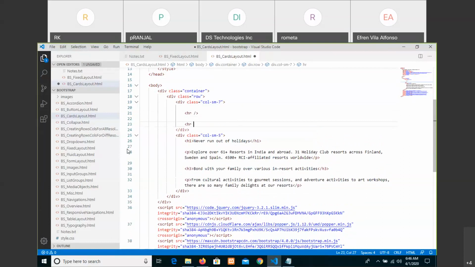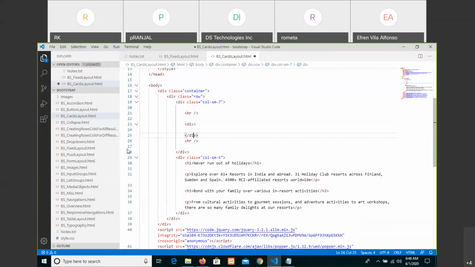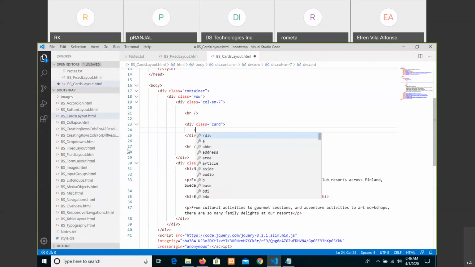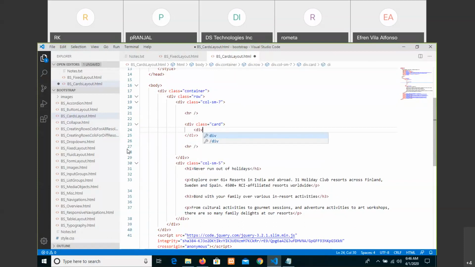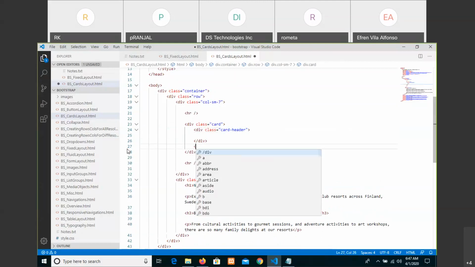I'm giving a horizontal line, and now write a div with class card, and inside this write a div with class card-header, whereas